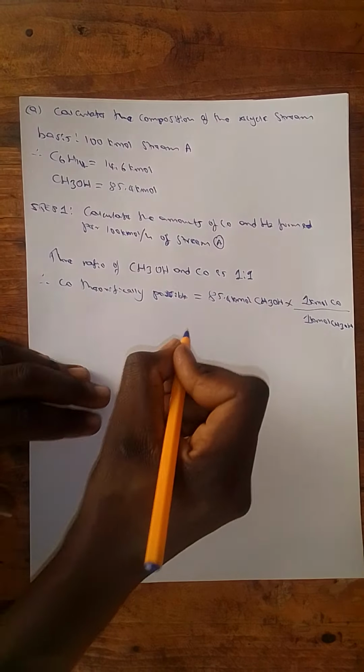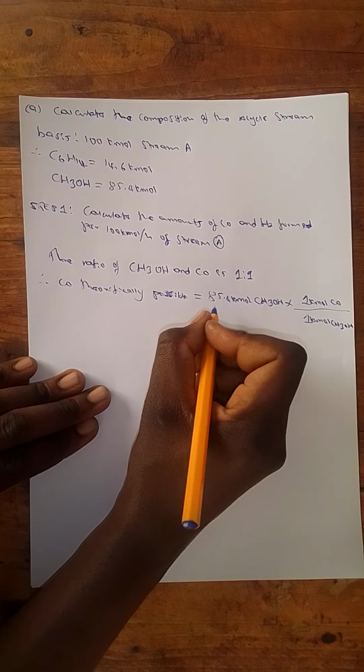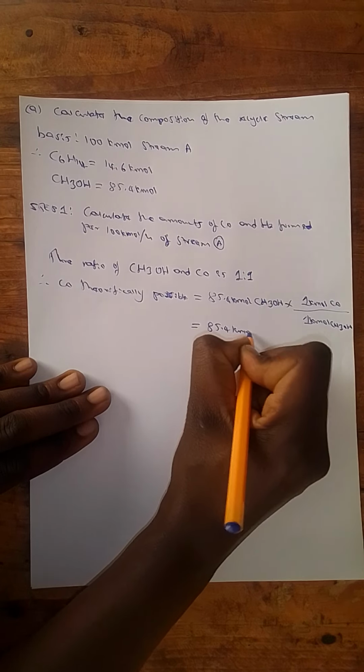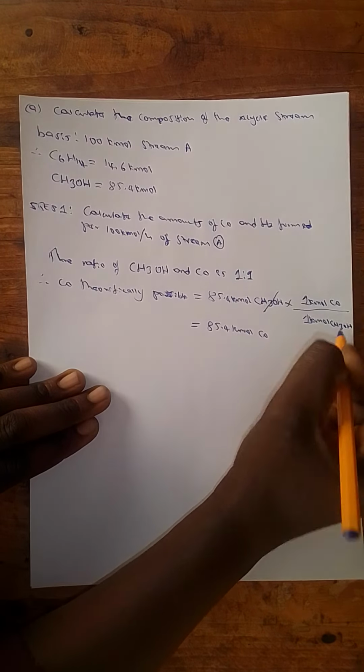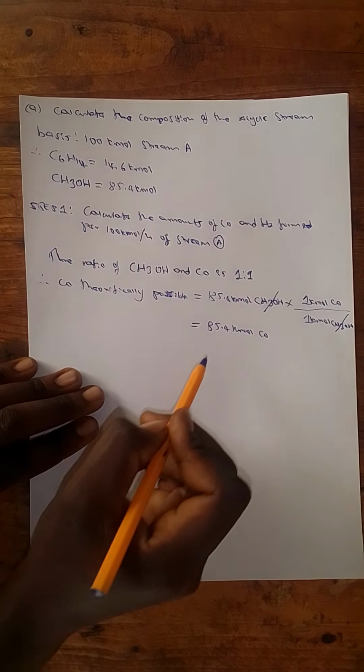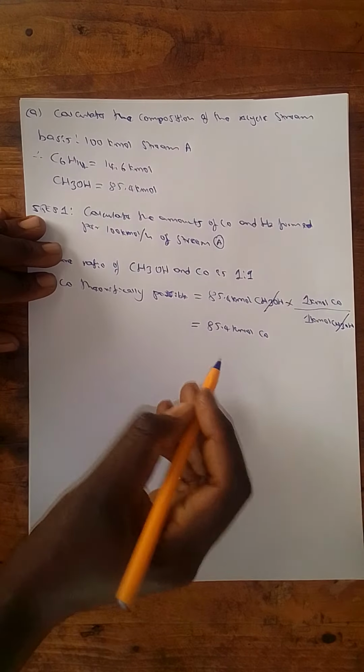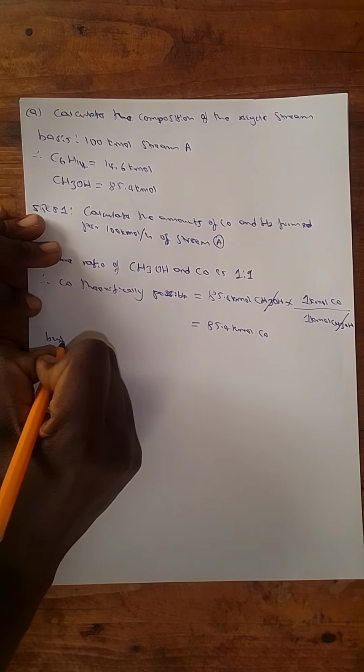And that is actually what I try to calculate here. So if you use your calculator, it's going to give you 85.4 kilomole CO, because this will fall off. Which means the theoretically possible CO is actually 85.4 kilomole. However, let me just write here that but